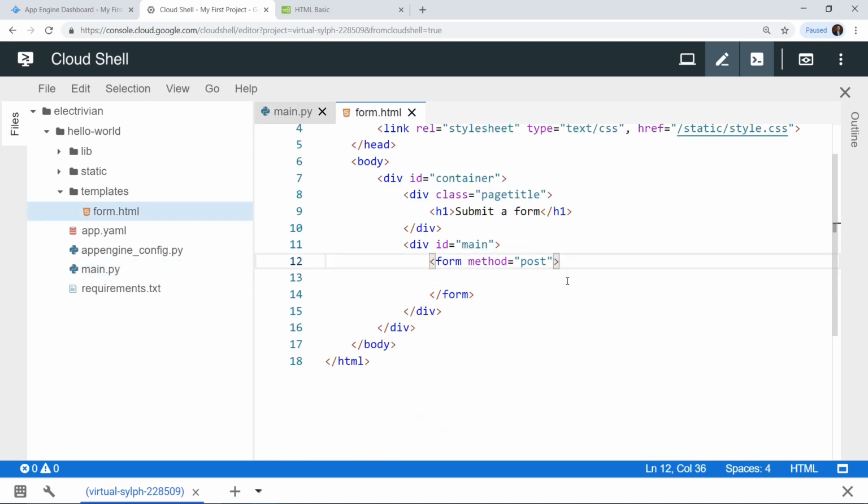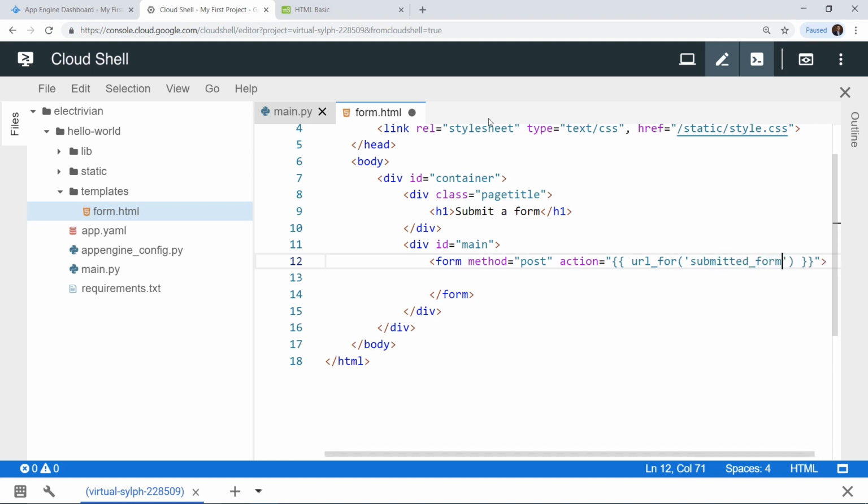So we have a post method, and then we have the action tag, and inside action now we want to add curly brackets, and then inside curly brackets now we have another pair of curly brackets, and then we have a space. So we have two spaces, and then we have URL underscore for. Okay, so inside URL underscore for, now we want to specify the submitted form object. Okay, so we have submitted underscore form.